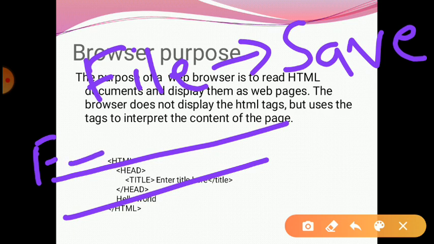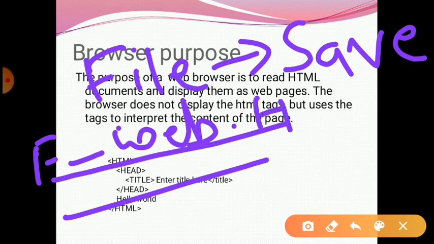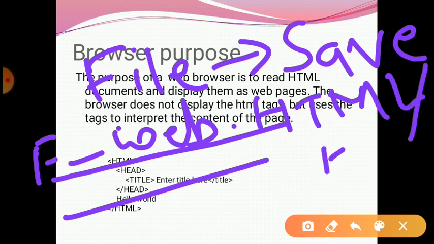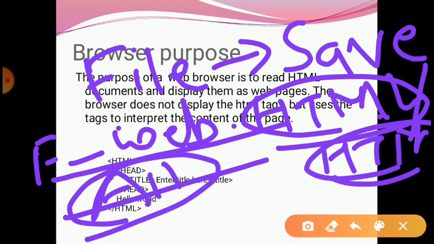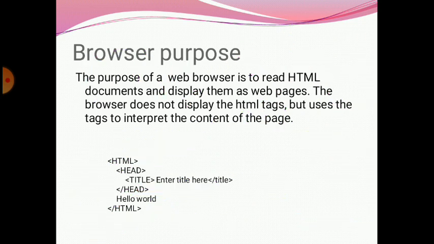Suppose I give first web page, then dot, html or htm, we write either one of these, okay. Then we change the save type to all types. Previously it was the text type, so we change it to all types. So our HTML file is saved as a web page.